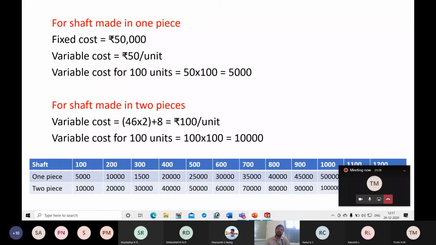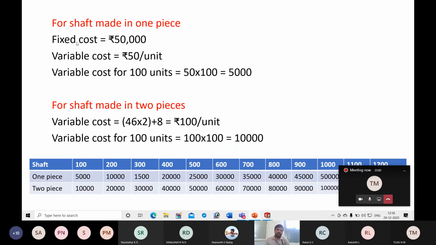Whether you produce 10 or you produce 100, this cost remains same. That means if you have a machine, whether you produce 10 units of a product or 1000 units of a product, the machine cost remains same. That means the amount you have invested on the machine will remain same. Whereas there are some costs which vary depending on the production volume, like raw material and direct labor cost and some other costs. A cost which varies based on production volume is a variable cost. A cost which is independent of production volume is called fixed cost.